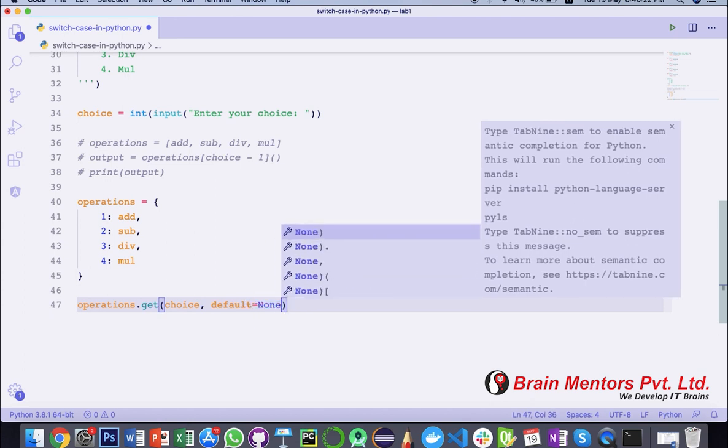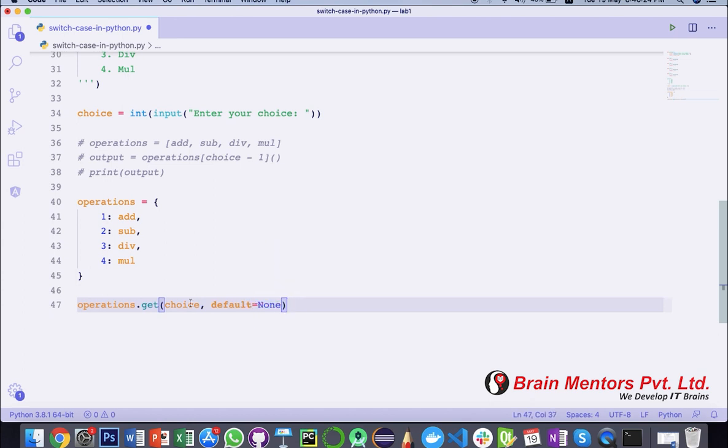to None here. What this default equal to None is doing is, it says that if you are passing in some valid key, then I'm going to find the choice, look for the value, and then you can do whatever you want with that value. But if I'm not able to find this particular key that you're passing in this choice, I'm going to give this default value back to you. Currently this value is None, as you can see, default is None.